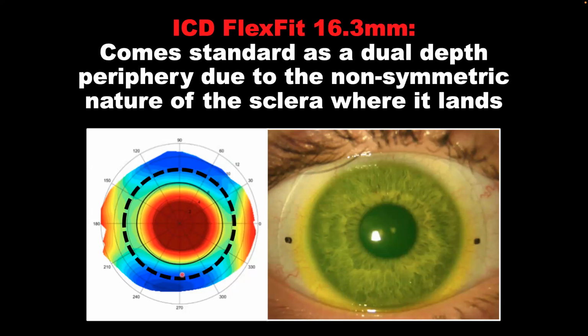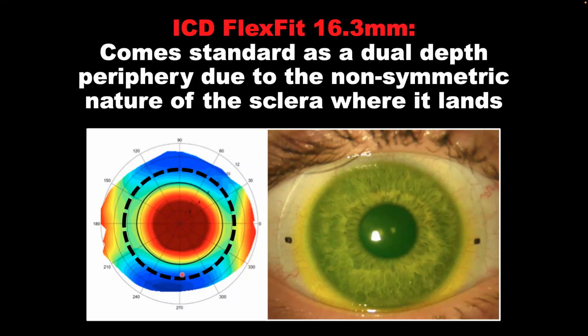We all know that the horizontal meridian is the more flat meridian, and the vertical meridian is the more steep or the more closed meridian, right? So that is why we need the toricity for the majority of the patients, because we now prefer to go larger in diameter because it gives them more comfort